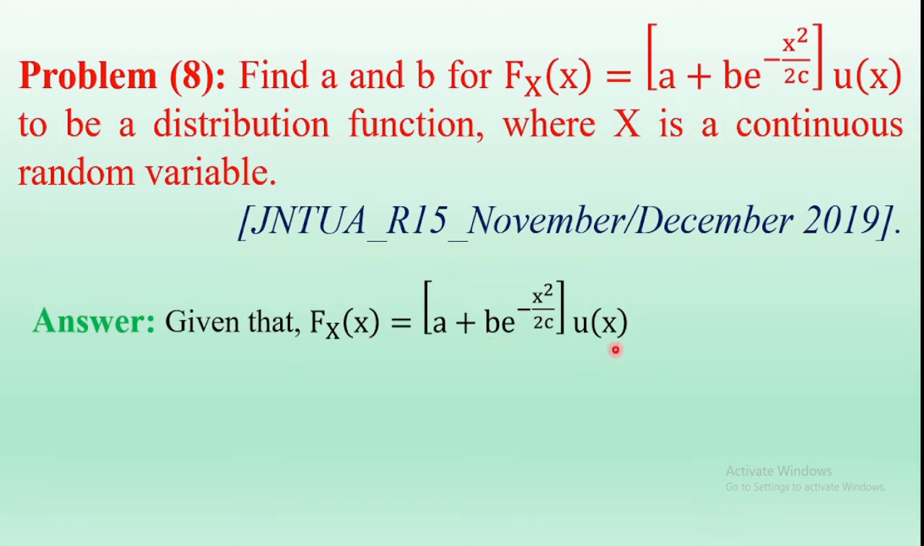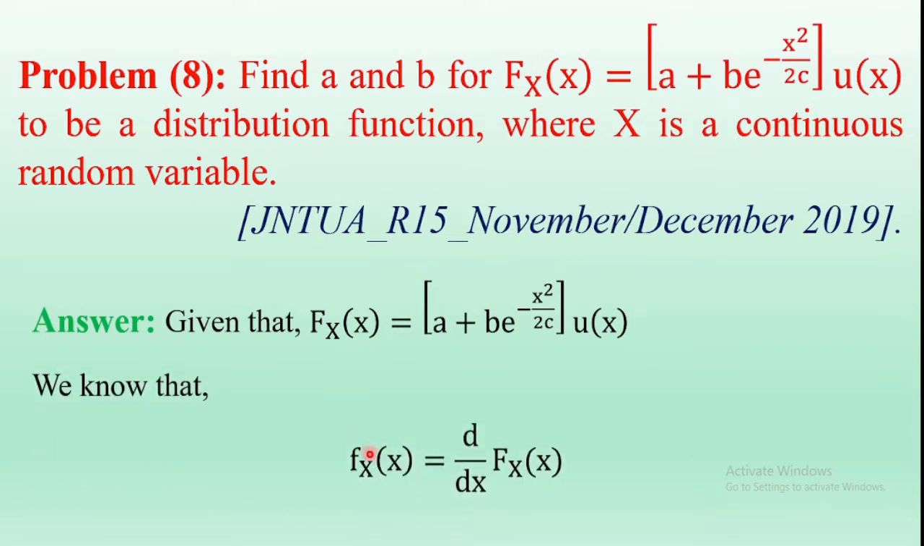here u of x is the unit step function. So find out the constants small a and small b. First, find out the probability density function of the random variable capital X from the distribution function. We know that the density function is the derivative of the distribution function, that is small fx of x is equal to d by dx of capital Fx of x, and substitute this capital Fx of x value into this